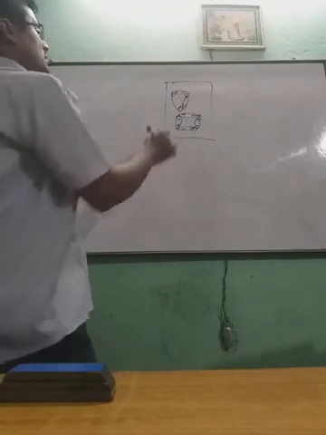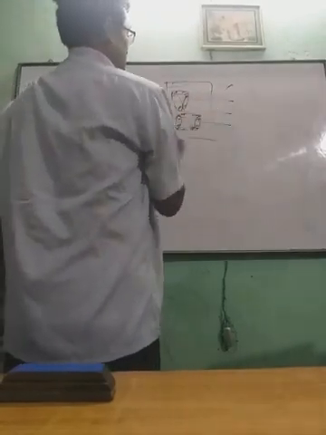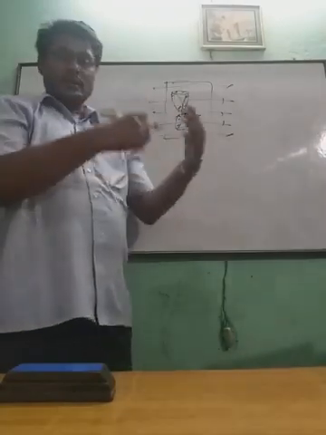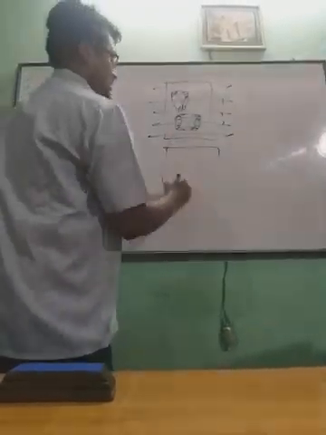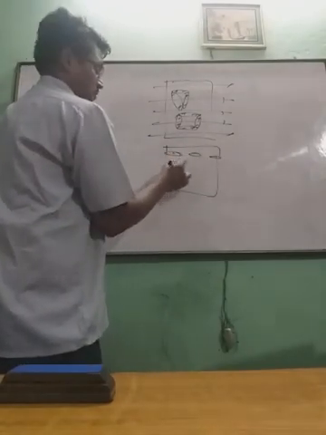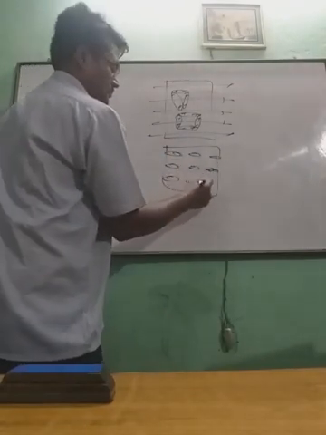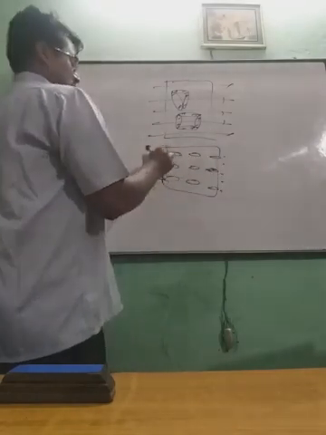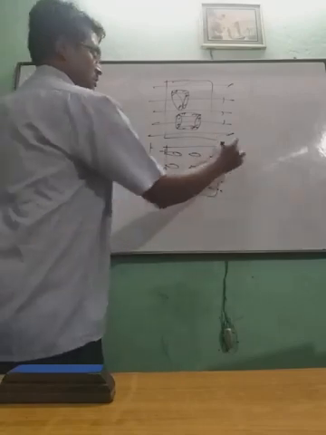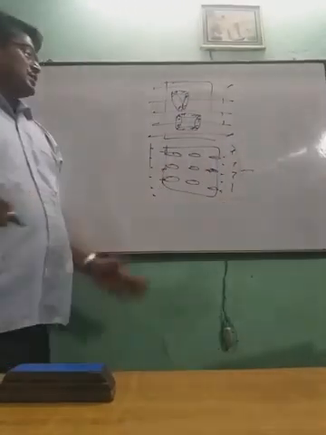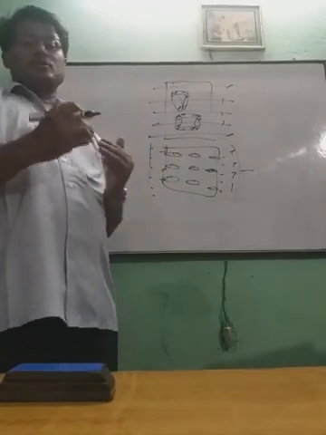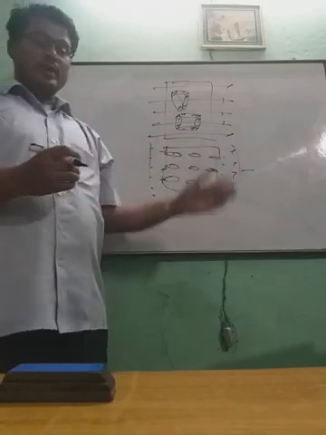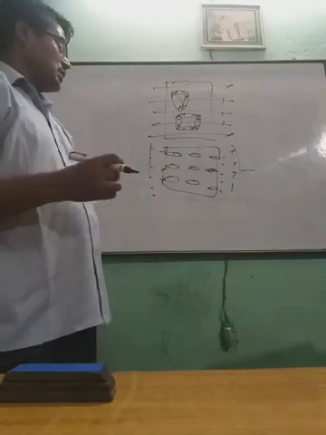Now when field is applied, what will happen? The dipole will get orientation in the direction of field like this, plus this minus. If this plate is negative, this plate is positive. So we know that electric field applies torque on dipoles, so dipoles will turn in the direction of field and get orientation. So what is happening here?